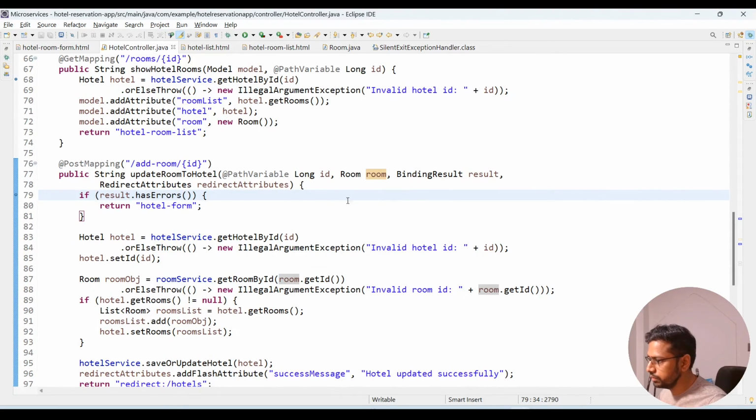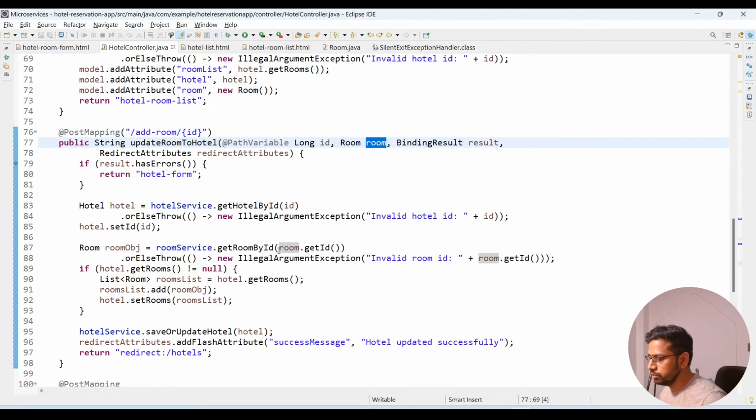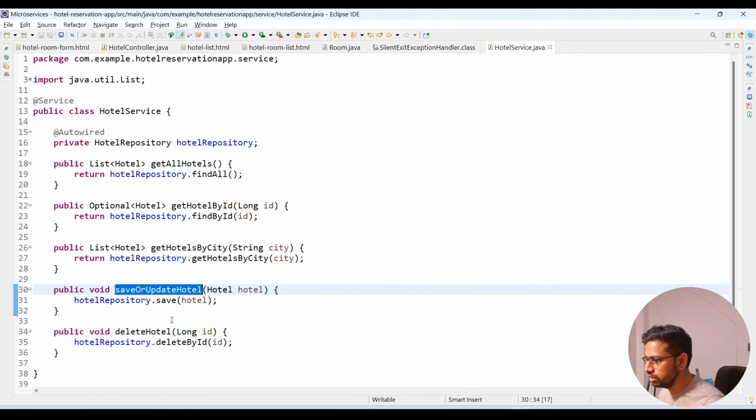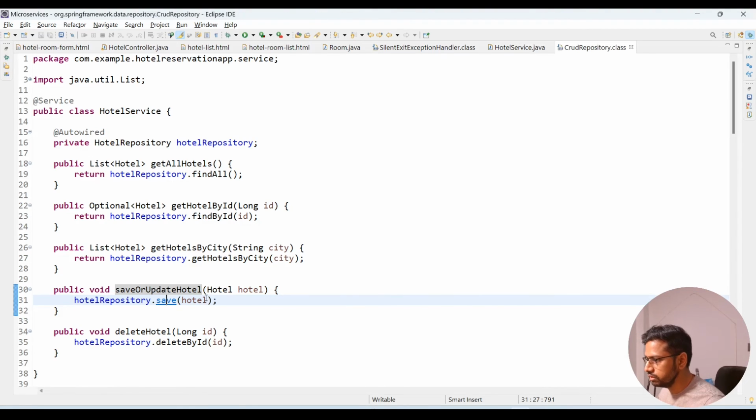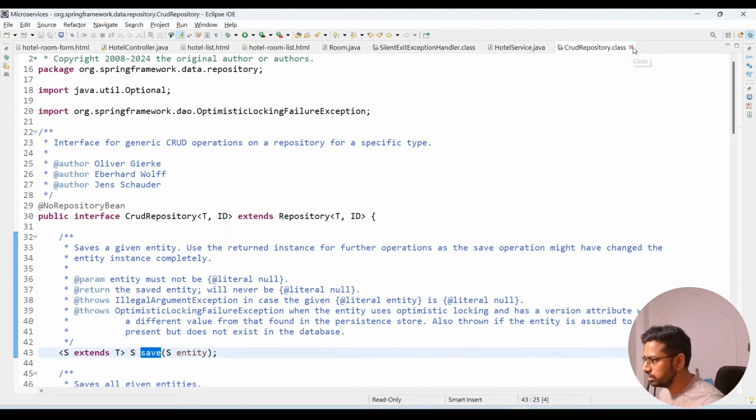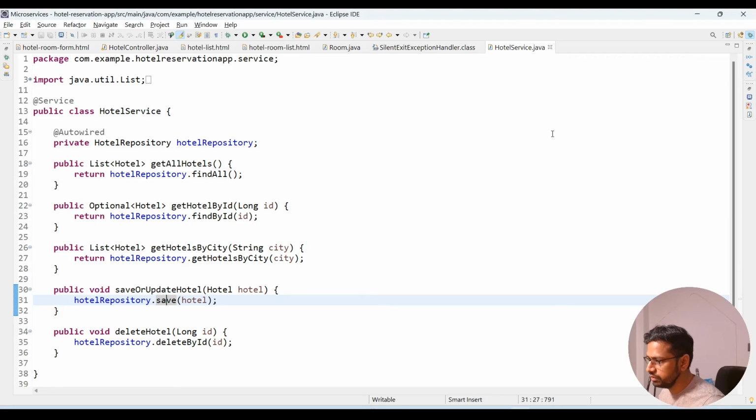Now I'm able to see the object that is being chosen here, but the problem is that when I'm trying to save or update hotel, something goes wrong, as in it is not able to either update, or maybe we are not able to see that. So this we need to figure out why this is not able to save the room as well along with the hotels. So coming back to hotel,